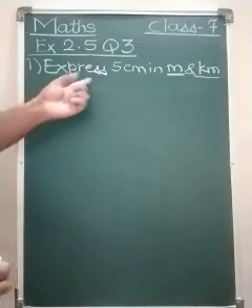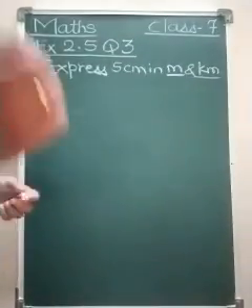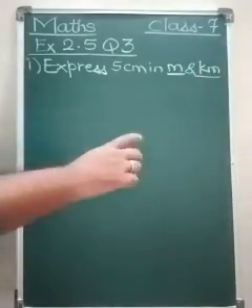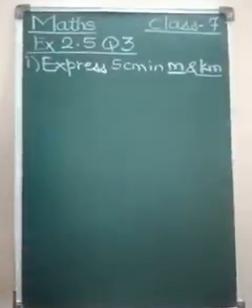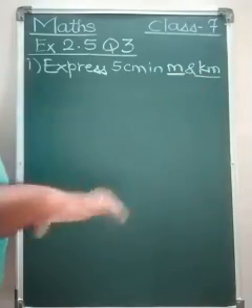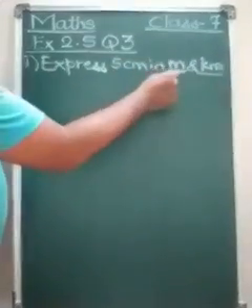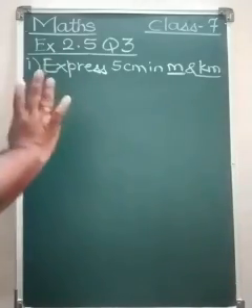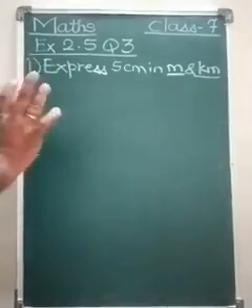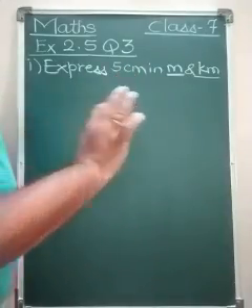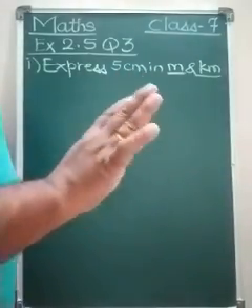So here the sum is to express 5 centimeters in meters and kilometers. One more thing about the table we have just seen: we cannot easily convert centimeters into kilometers directly. Yes, we can, but it is quite confusing. If you convert centimeters into meters and then meters into kilometers, that is quite easy and understandable. Even kilometers converted into centimeters can be done directly, but it is a bit confusing.